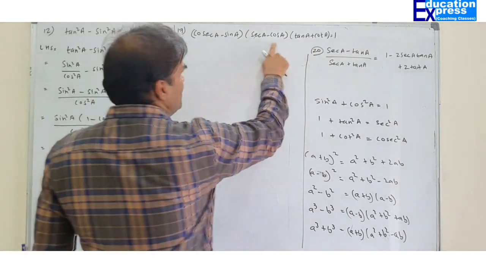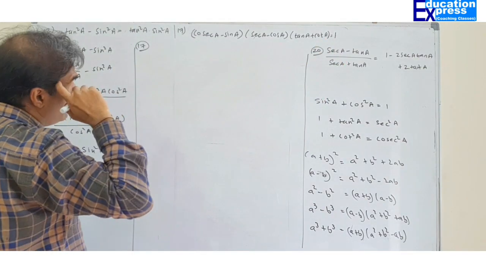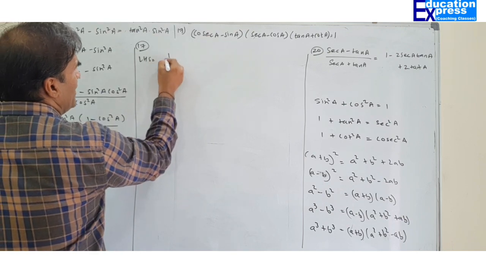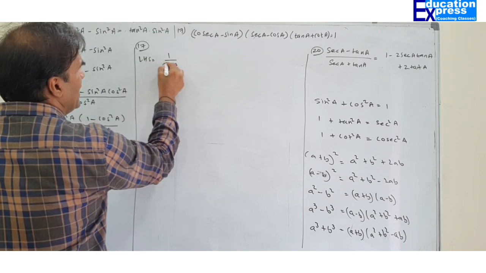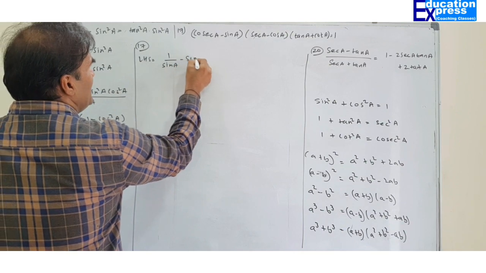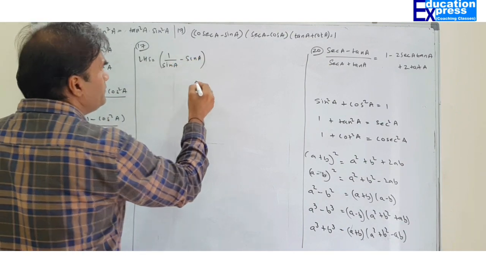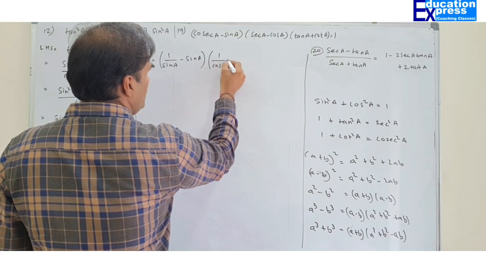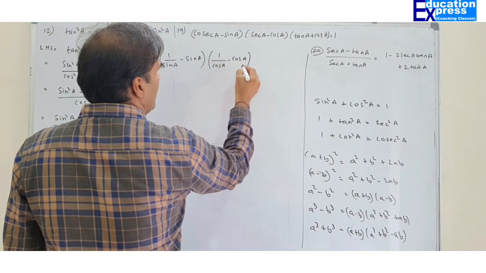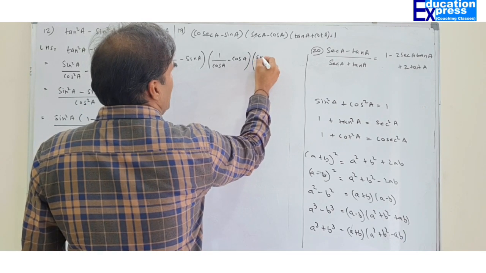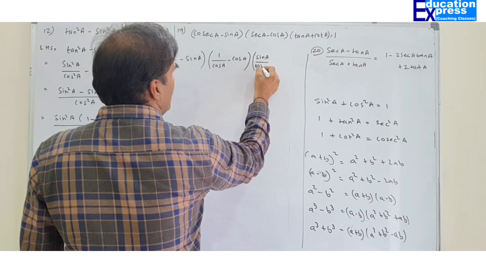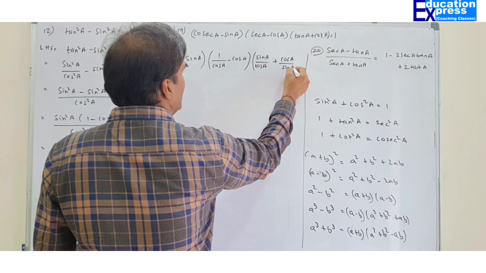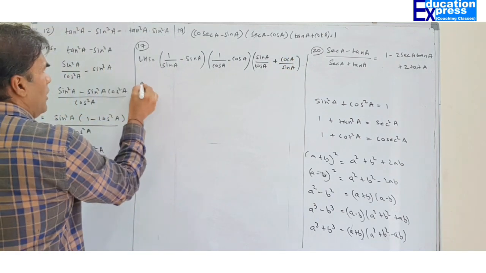So we have LHS, which is quite lengthy, and we have to prove that it is equal to 1. So LHS equals, we know cosec A can be written as 1 upon sine A minus sine A. Fine, fair enough. What about sec A? So it is 1 upon cos A minus cos A. Done. And tan A is, so it will be sine A upon cos A plus cos A upon sine A.